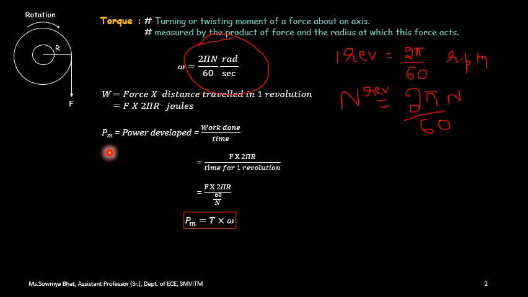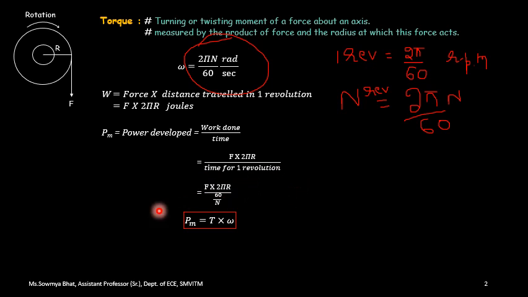So the power developed here, that is the mechanical power which we are going to compute, since it is explained for a DC motor. A DC motor accepts electrical input and gives me the output in terms of mechanical power. So mechanical power is given by work done divided by the time taken to perform one revolution. From this expression, we know that work done is F into 2 pi r, which will be your numerator, divided by the time required for one revolution, given as 60 divided by n.